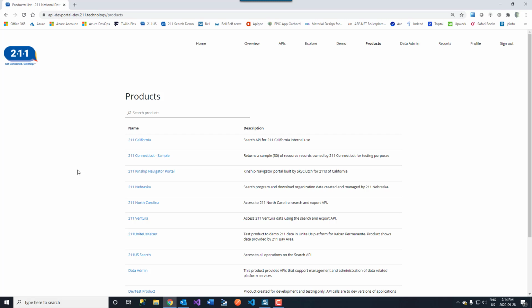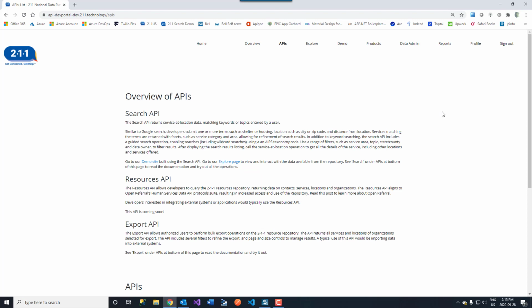As an example, I'll be demonstrating the 211 Nebraska product, which scopes the national platform data to only that data that is provided by 211 Nebraska. And in addition to that, although not with the 211 Nebraska product, we can also limit the data by geography or type of data. So a product is essentially, in short, a set of data that's being scoped based on a set of elements. I'm going to demonstrate the setup of the 211 Nebraska API, but before I do that,